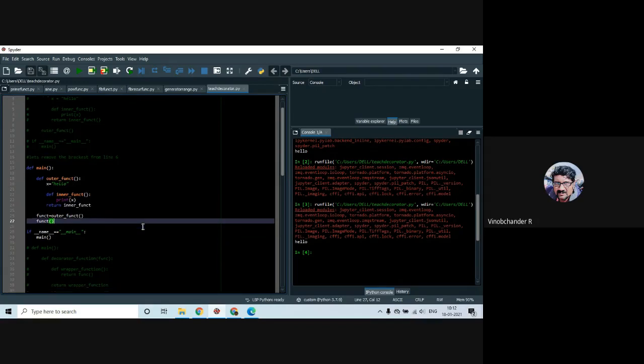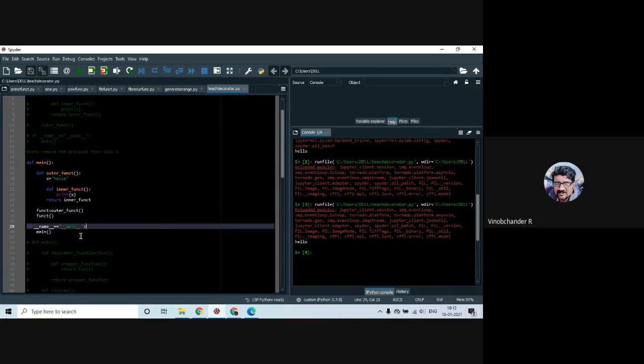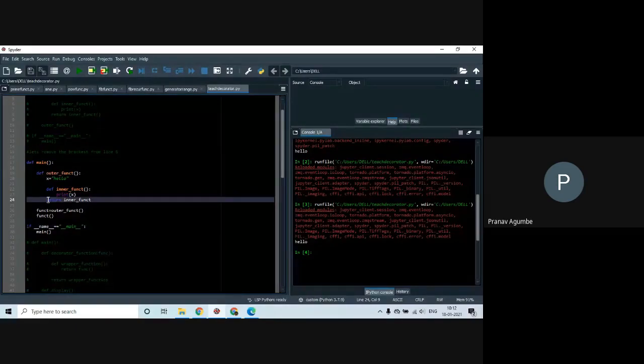Exactly. All of you students, all of you are understanding. So essentially, when line number 24 is encountered and gets executed, the inner function gets called. Suppose, for understanding, let's comment out this.